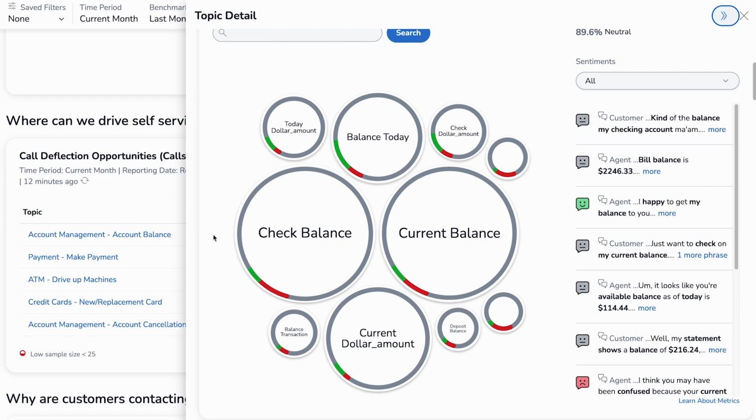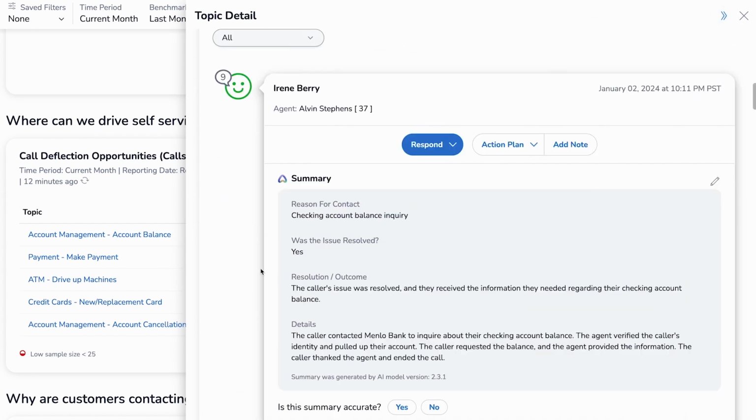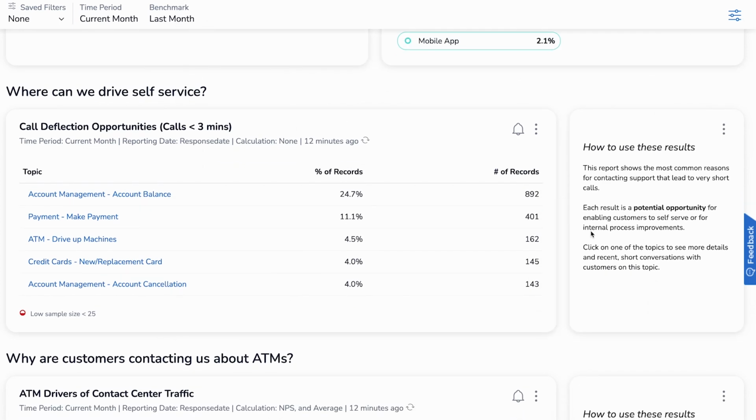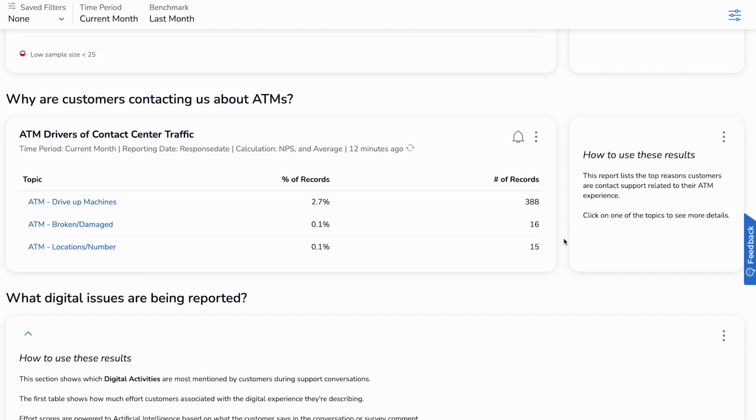And again, if I wanted to scroll down, I could look at a specific conversation and see that automatically generated summary, just to show you guys another example of the new feature. And then the next two sections on the page are a little bit more focused on specific business units. So I have one section showing me what people are saying about the ATMs when they contact us in the contact center. So very targeted and specific for whoever manages the ATM